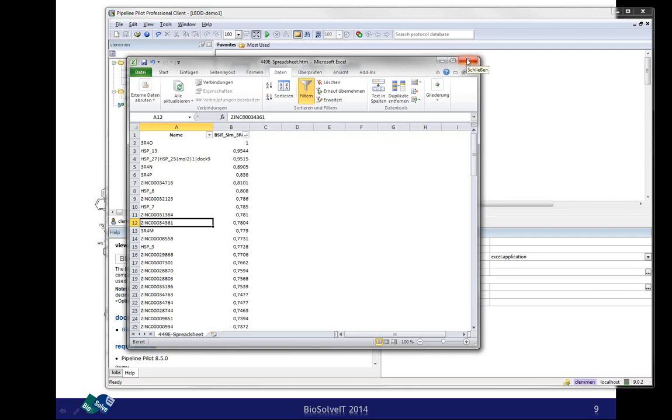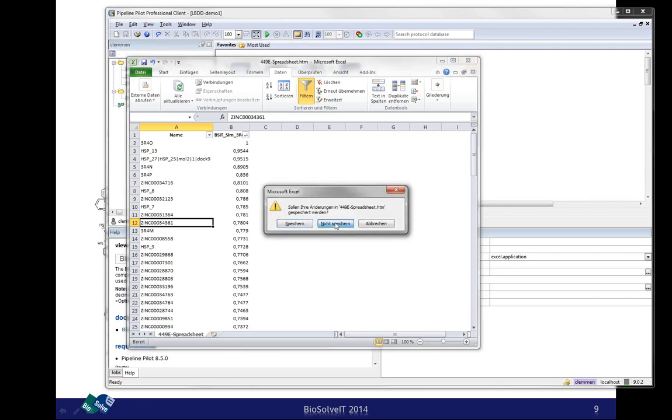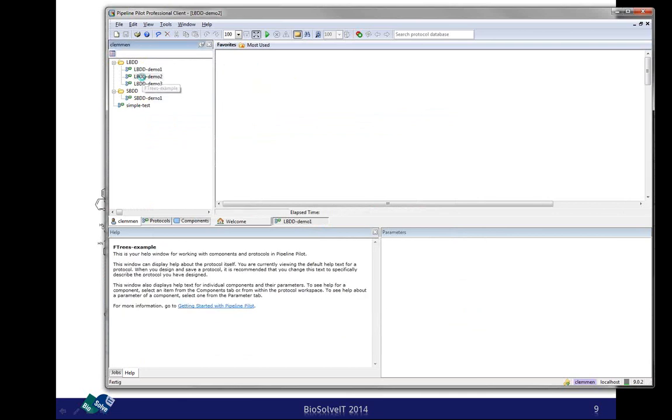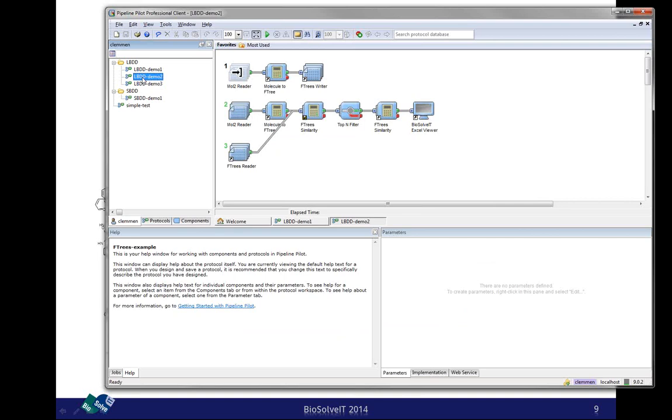Okay, so that was the simplest possible workflow that you could use. Obviously, there's a lot more that can be done, and I prepared that in these other workflows. So, first of all, you may want to make use of this technology while searching much bigger databases. On purpose, we don't generate the